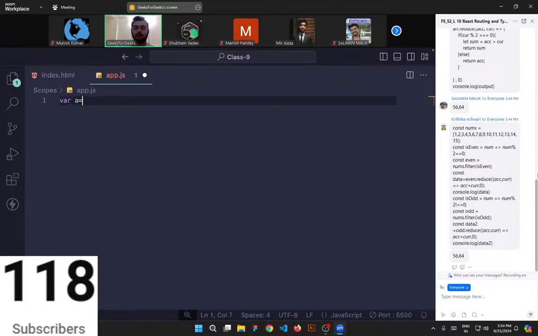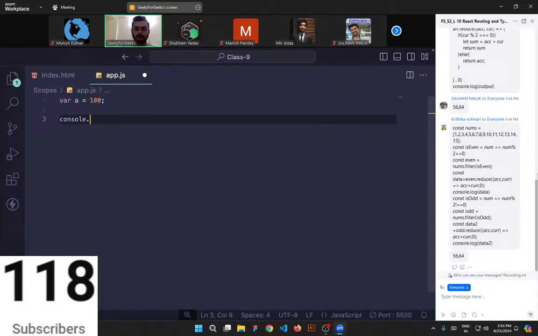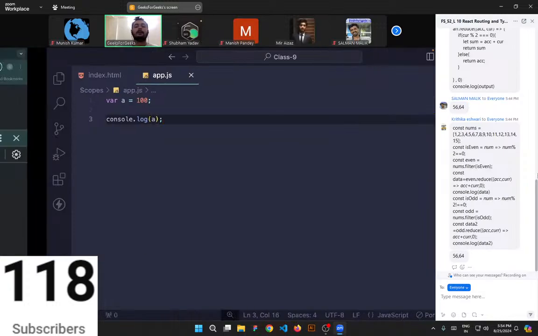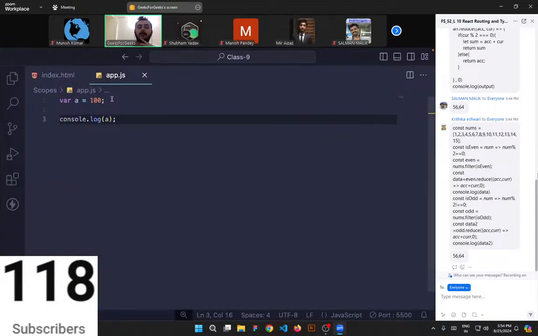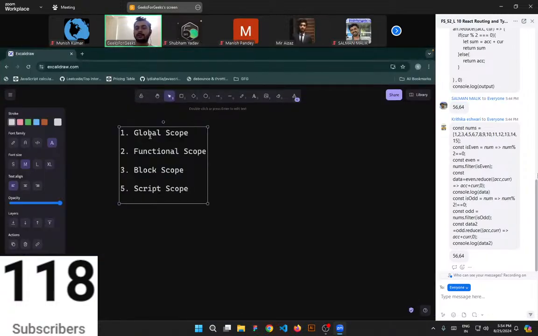So for example, if you want to declare a variable with var, you can declare it, console log a, right? So you can see we are getting 100. So this is also a variable declaration with the help of the var keyword, but this is not recommended these days. This is just an older way of declaring variables, right? That is fine. Now, so what is global scope? Whenever anything is not inside of any other function, right? In case of var,